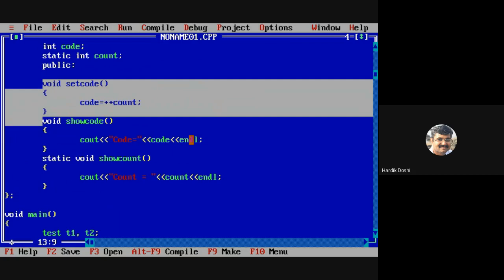What have I written within that? Code is equal to plus plus count, meaning count will be incremented by 1 and then it will be assigned to code. So what is the value of count now?